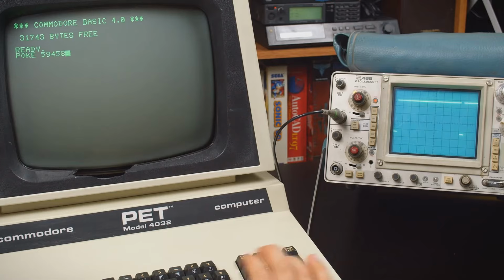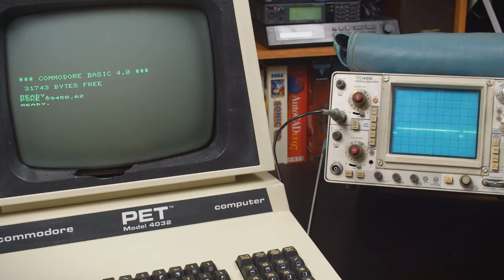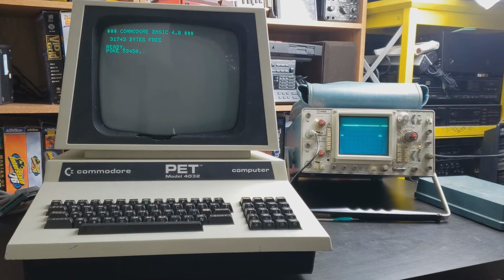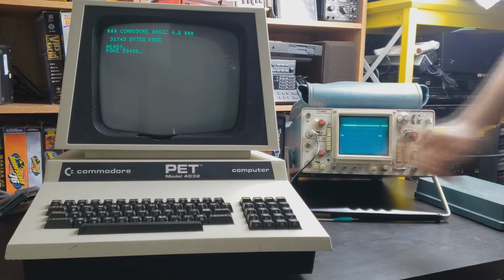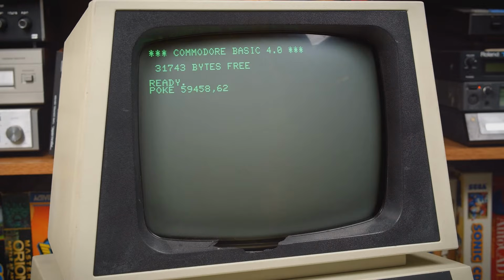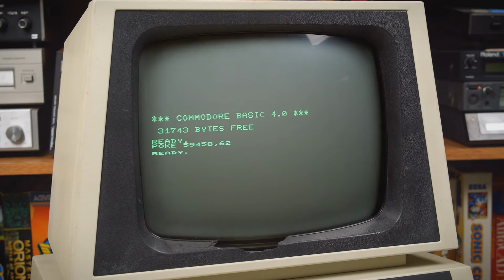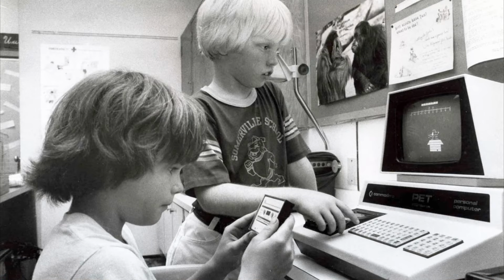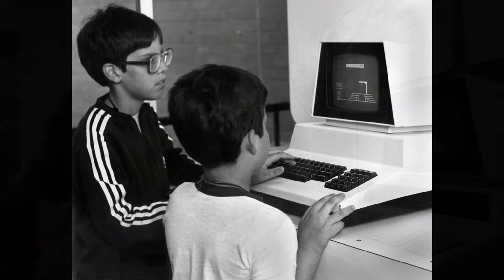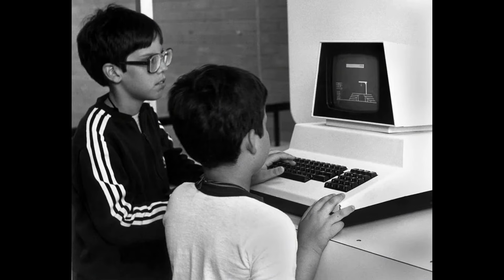And thus fears were born that this anomaly might burn the display of the CRT monitor. And this is how the name killer poke was invented. Despite the fearful nickname, it is not known to ever have caused any permanent damage to a PET monitor.